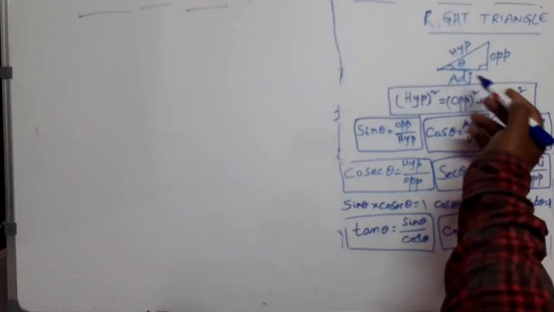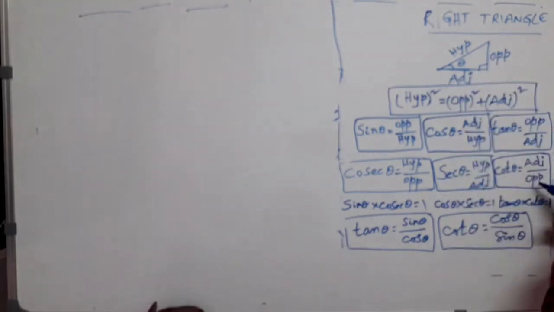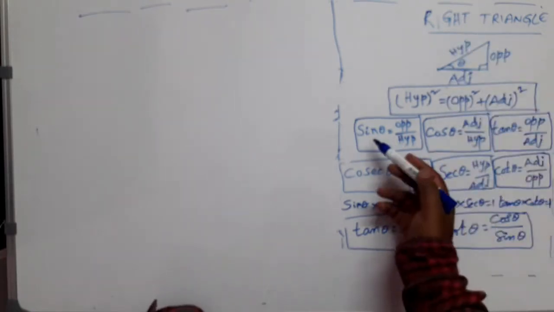See, this is a right angle triangle. You take any two sides, the ratio of the lengths is called a trigonometric ratio. Opposite side by adjacent side is one trigonometric ratio, that is tan theta. Adjacent side by opposite side is another trigonometric ratio, that is cot theta. In the same way, opposite by hypotenuse, adjacent by hypotenuse, hypotenuse by opposite, hypotenuse by adjacent. Altogether we have 6 ratios; from these three sides, 6 ratios are possible.